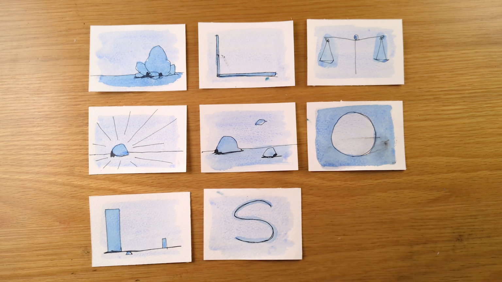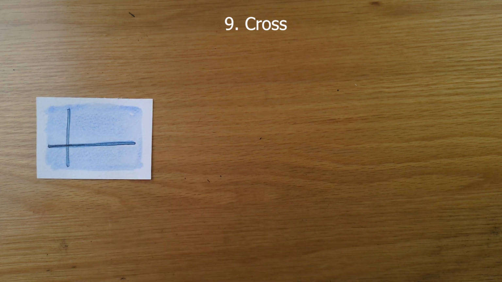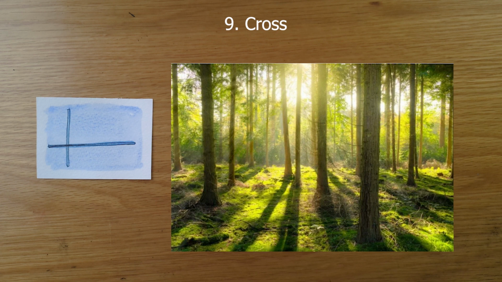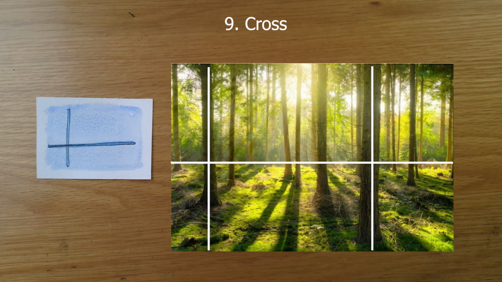And this one here is the cross formation. The idea is that you have a horizontal line that is crossed over with some sort of vertical line, and it provides a nice bit of contrast. The simplest example here is you have trees in a wood, and you have the vertical lines of the trees contrasting nicely with the horizontal line of either the horizon or the trees in the background. Notice how in addition to this, you've got the radiating lines as well of those shadows.